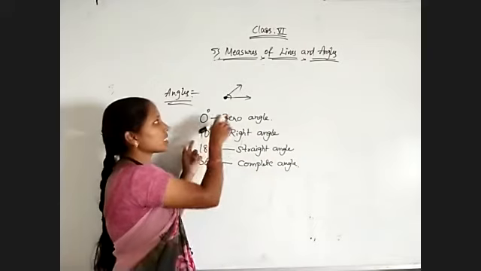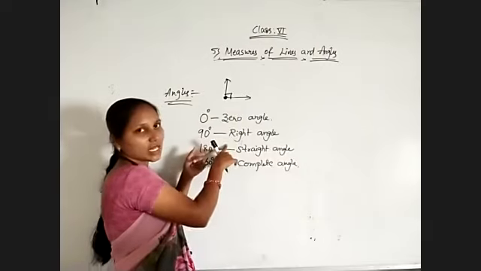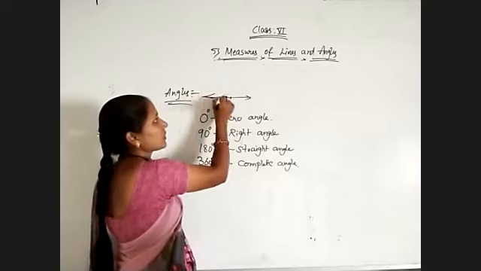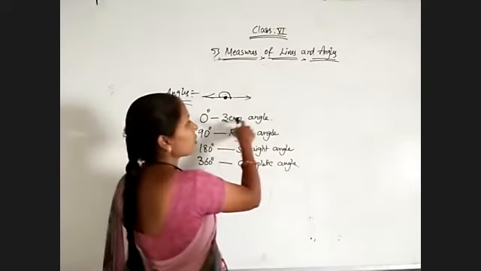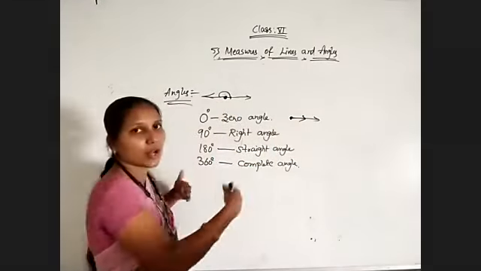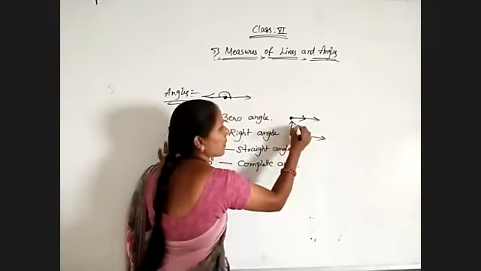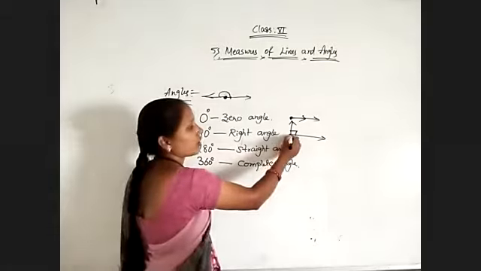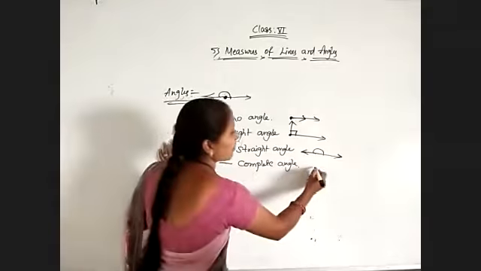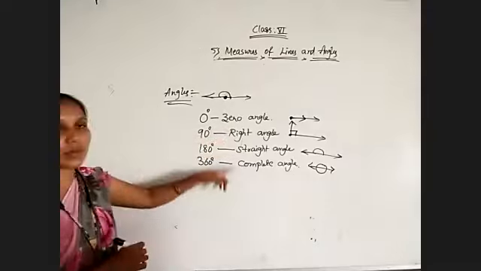Okay. If it is equal to 90, meaning they are forming an L shape, then that comes under right angle. If it is like a straight line, then straight angle. Zero angle shows like this: both the arms are lying one upon another. And for right angle, both will look perpendicular, L shape. For straight angle, it will look like a straight line. For complete angle, a complete rotation will be finished. Okay, that is about measurements.